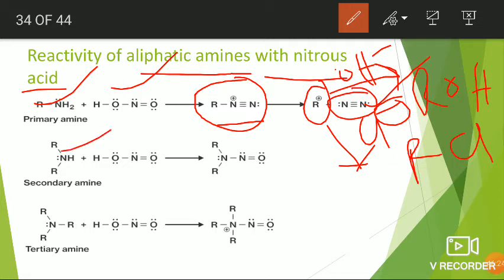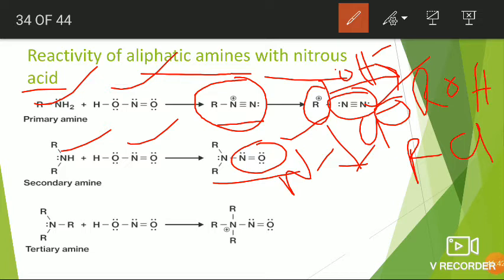The secondary amines undergo reaction with nitrous acid to form N-nitroso derivatives. The nitroso group is attached to nitrogen, so it is N-nitroso. The nitroso derivative is a yellow oily compound. The tertiary amine undergoes reaction with nitrous acid to form water soluble salts. So on reaction of a tertiary amine with nitrous acid, if you get a clear solution, then it is identified as a tertiary amine. It is a salt, so easily soluble in water. Okay, fine.